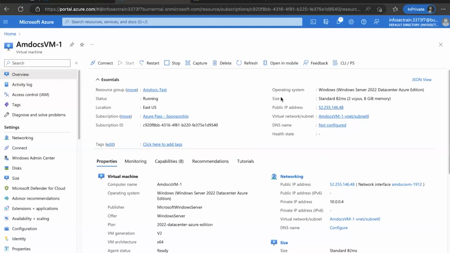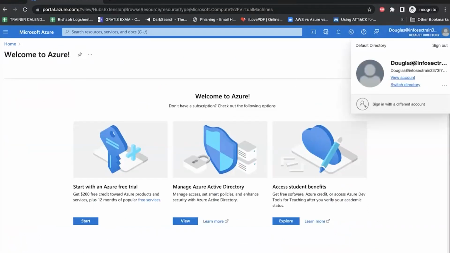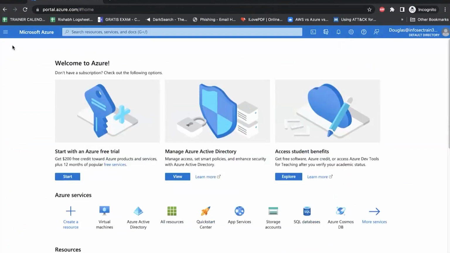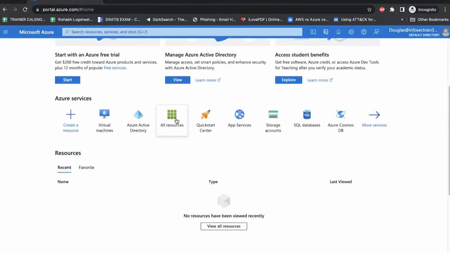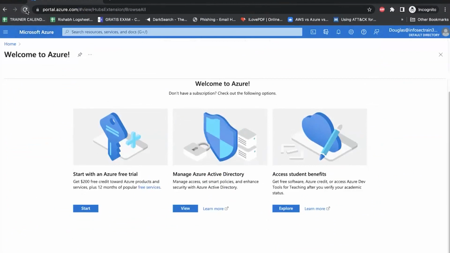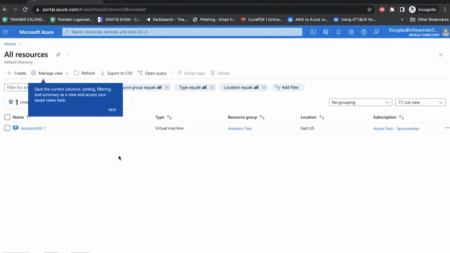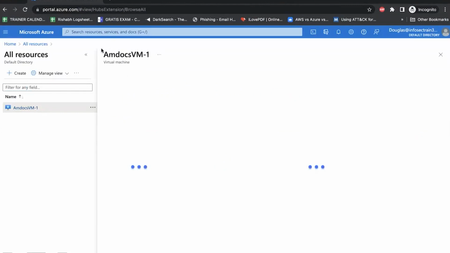Okay, we have waited. Now I will be switching to Douglas's account over here. So now I am on Douglas's account. You can see this is the Douglas account, right? I will go to home. I will scroll down and click on all resources that Douglas can see. Still nothing. Let me refresh the page. And now can you see Douglas's list? For my main root user, there was a list of assets. Here for Douglas, only one virtual machine.